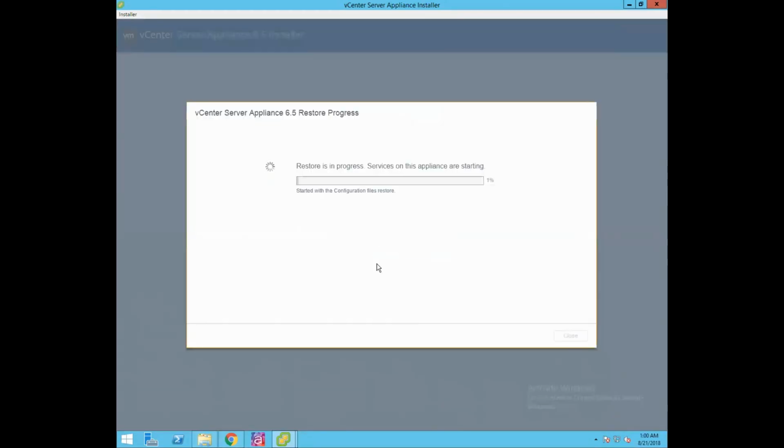Now click on finish, click on OK. And now as you could see, the restore process has started. It is starting the configuration file. At this point of time, it has started restoring all of the configuration files.